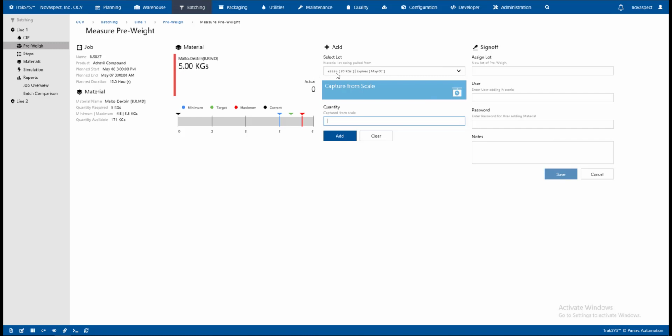5 kilograms of malto, but we have 3 different options here, and we're able to see in this pull down the amount available, but also relevant information like expiration dates. We want to utilize the soonest expiration date, so we're eliminating spoiled waste. So we're able to make a selection, and then if we're tied into your scale, we can make that weight and then add that amount to the system so that we're able to make sure that we're